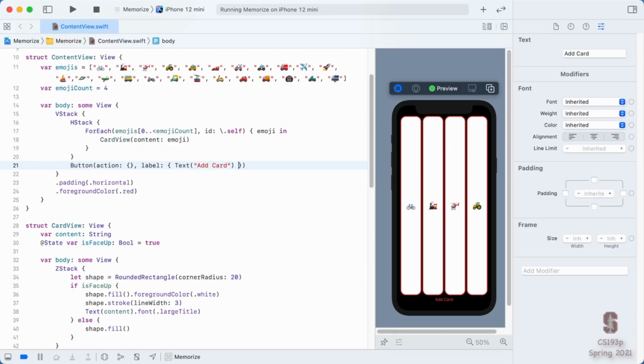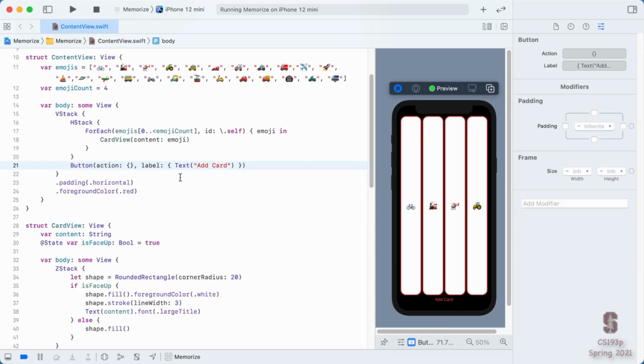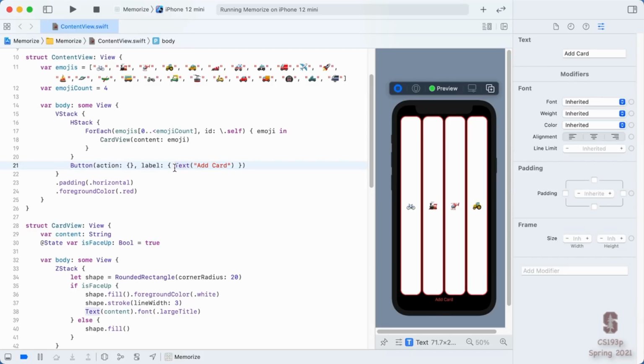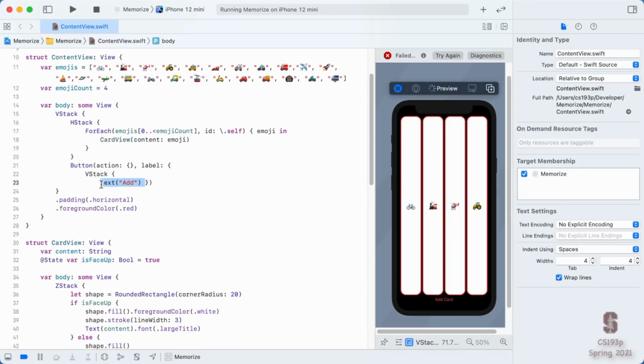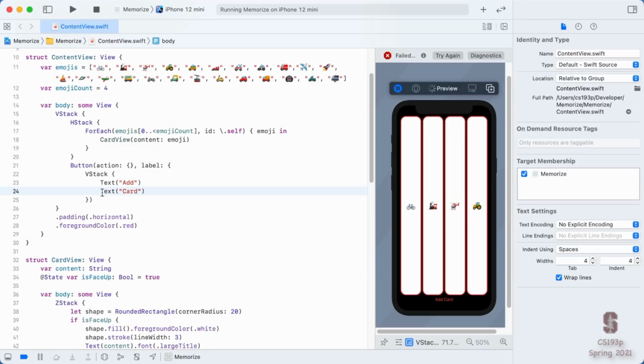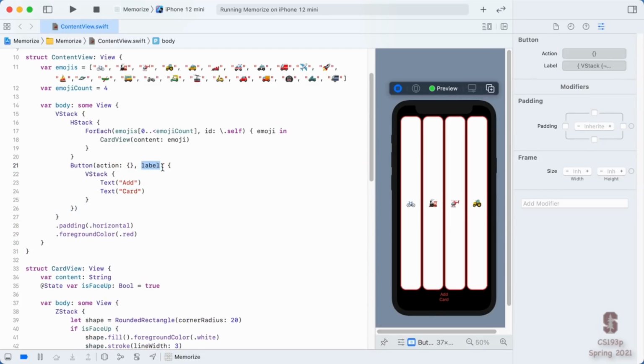And you can see it's actually appearing down here in the UI. It's a function because it's a view builder. So it's a bag of Lego. You might be making more complicated types of content for your cards. For example, it might just be a single Text like this. What if I wanted it to be add with card on the second line? Well, it's perfectly allowable for me to make a VStack in here with Text saying add and another Text saying card. Here's my label. Here is the function, the view builder function that's returning the view. So this can be an arbitrarily complex view. Anything you want in here is perfectly fine.